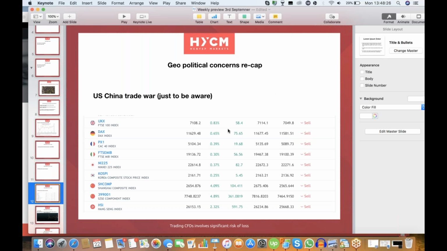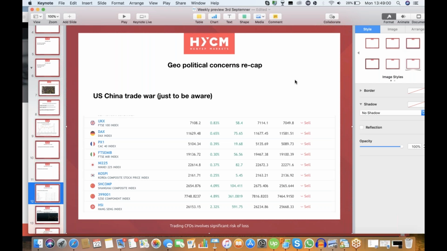I just want to see here, the equity markets in the UK up 0.83%, DAX is up 0.65%, the French CAC is up 0.39%, Italian FTSE up 0.3%, overnight Asian trading in the Nikkei was 0.37% up. And now, just as we're approaching the US session, we have the S&P 500 futures, which is this one here, 2778 up 0.38%, just as we're approaching the US Open. So in other words, there's been a bit of relief that's come into the markets. In the US-China trade war, we're just drifting into a risk-on sentiment, but